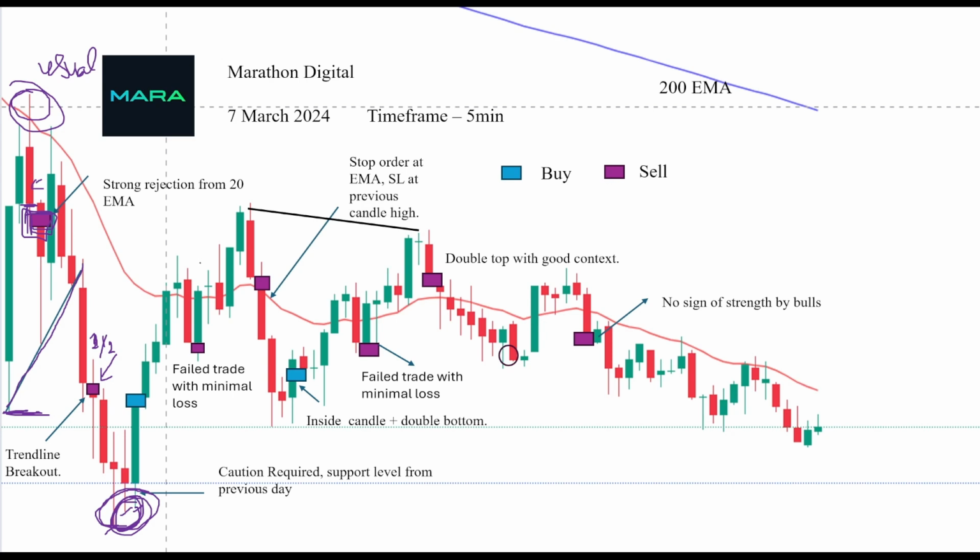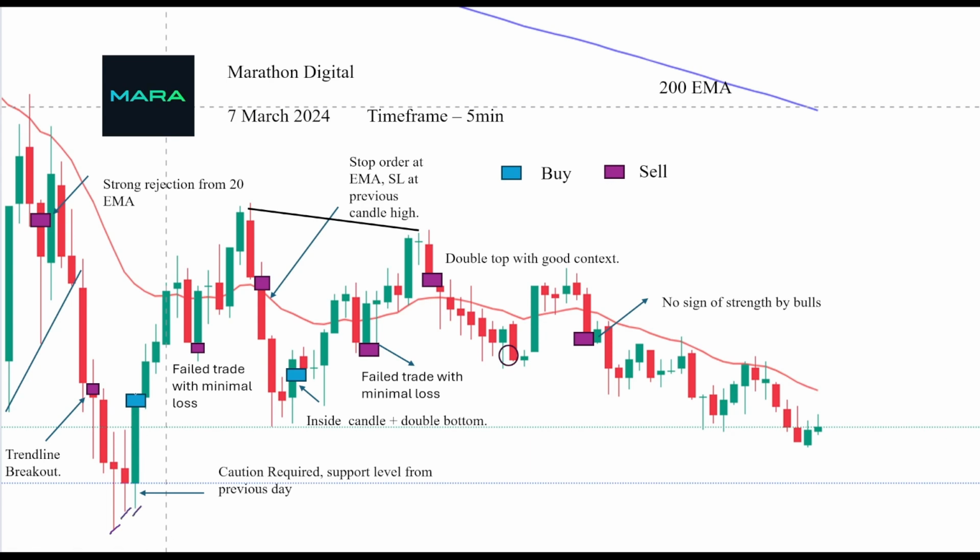Your take profit would be like 1:2 or 1:3 ratio based on your risk appetite. But at this point, you could take a long trade again with half of your usual quantity, because this could just be a pullback and might reverse down again. But since the lows were getting higher, I know the notation has become a bit unclear. Let's erase everything. Since the lows had become higher and higher,